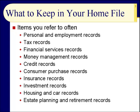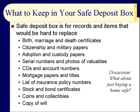Items you will refer to often: personal employment records, tax records, financial services, money management, credit, consumer purchasing, insurance, investments, housing and car records, and estate planning and retirement records. All the things that you can access, and should be able to access easily, so that you can see what's going on. But what happens is that there are some things, slide number 6, that need to be kept in a safe